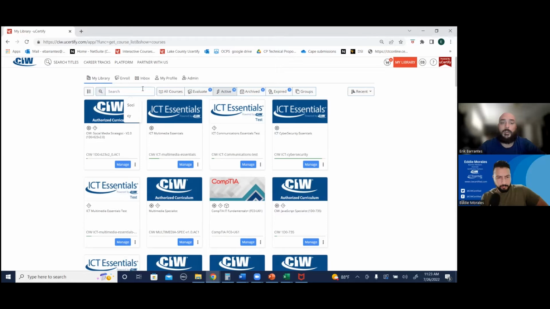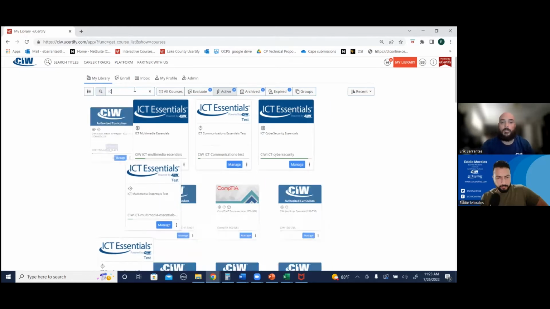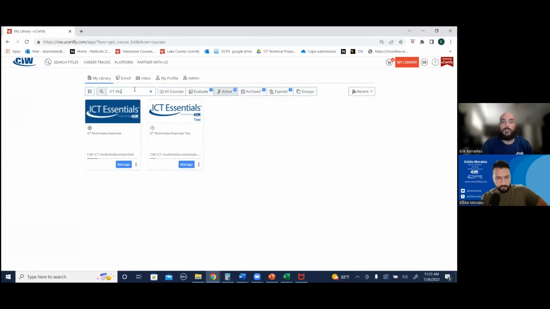For ICT, I'm going to zoom into just one product. I'm going to use Multimedia. For new instructors, the big question is, what is it? The blue is going to be your curriculum side of things. The white side is going to be the practice and final exam, which is already pre-set into the system. But the biggest question is always, how do I access the instructor resources, the presentation slides, the handouts, the activities